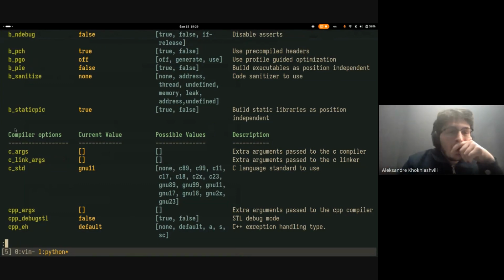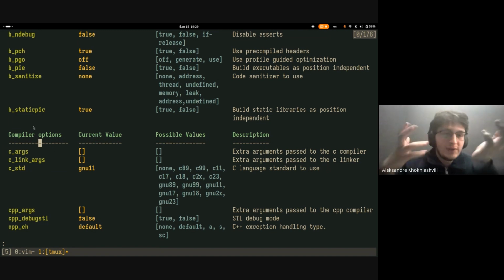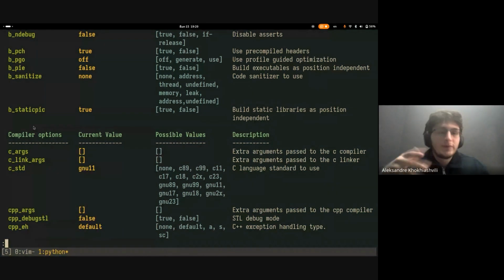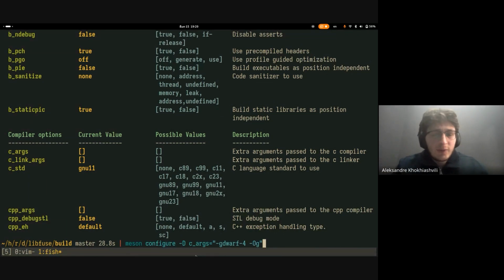So we are looking at this option, which is cargs. Whatever options we set here will be passed into GCC. So we just want to change this one to include the gdwarf argument. I already did this, so I know the exact way to do this. It's a Meson configure select -t, and you set the cargs like this. So we are setting the gdwarf for it, and also on GCC, if you specify the optimization level of g, it will